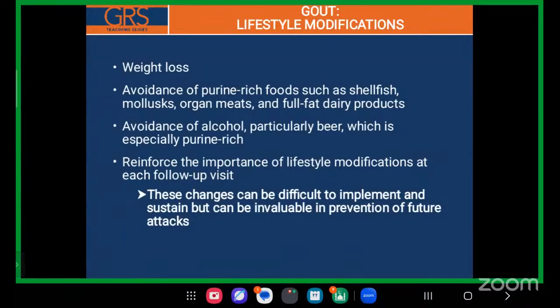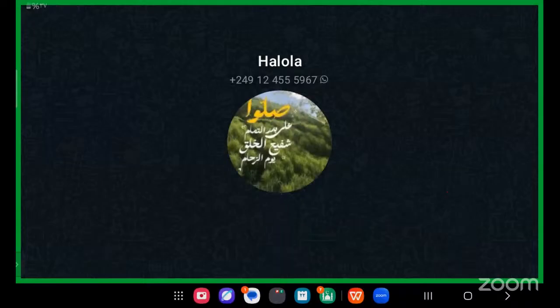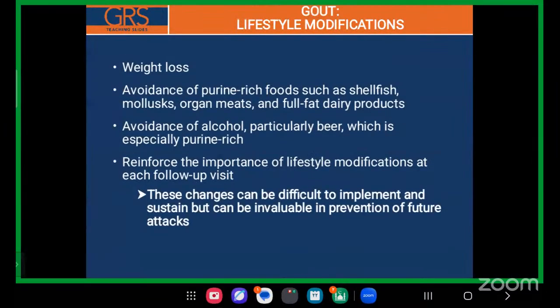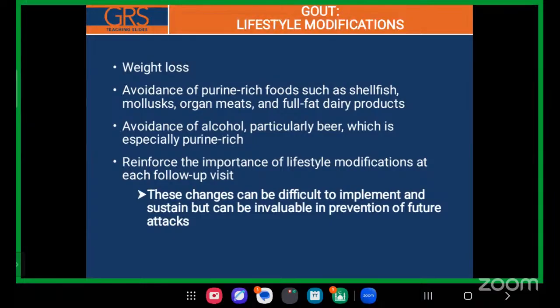When it comes to gout management, we should advise the patient about modifying their lifestyle. We should advise the patient to lose weight and avoid rich foods such as shellfish, mollusks, organ meat, and full-fat dairy products. Avoid alcohol, particularly beer, which is especially purine rich, and reinforce the importance of lifestyle modification at each follow-up visit. These changes can be difficult to implement and sustain, but can be invaluable in